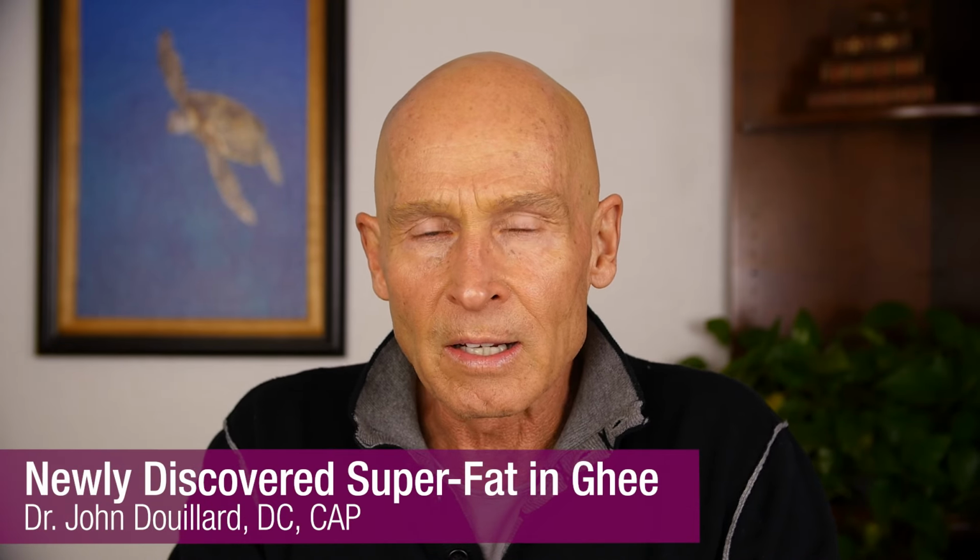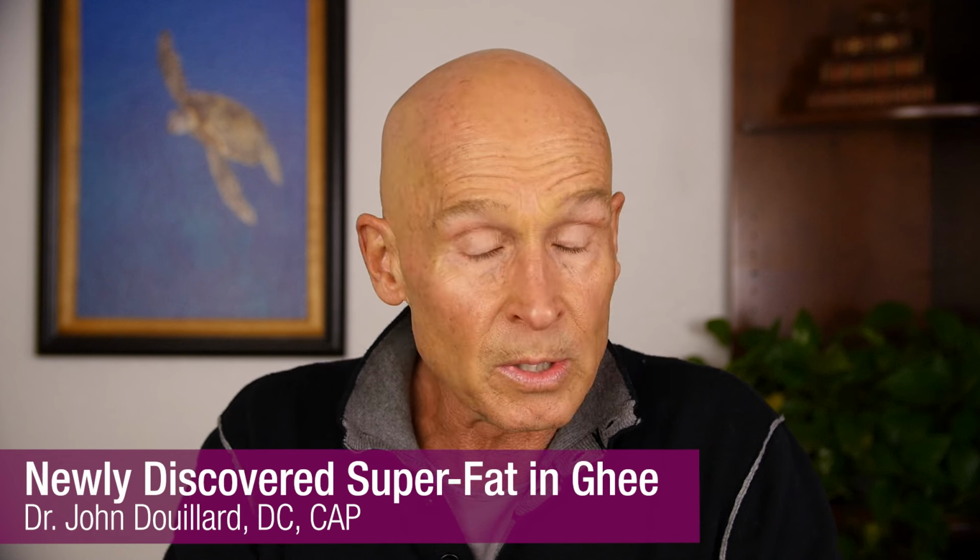Today I want to talk about a newly discovered constituent in ghee that really makes ghee perhaps the superfood that it is. When you read the Vedic text, Charaka Samhita, they say that there's over 1,000 medicinal benefits of ghee. And I've written many articles on the fact that ghee is the highest source of butyric acid, which is one of the fatty acids that your gut really could not live without, your microbiome could not live without. There's bugs in your gut literally called Clostridium butyricum who make butyric acid for a living, so it's